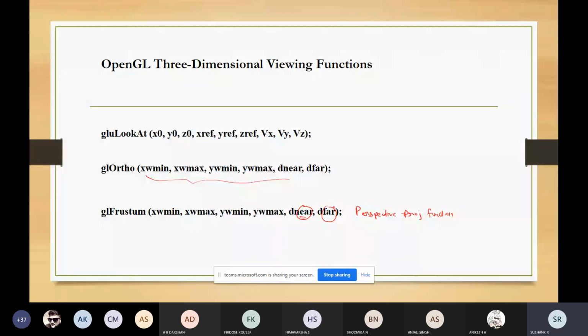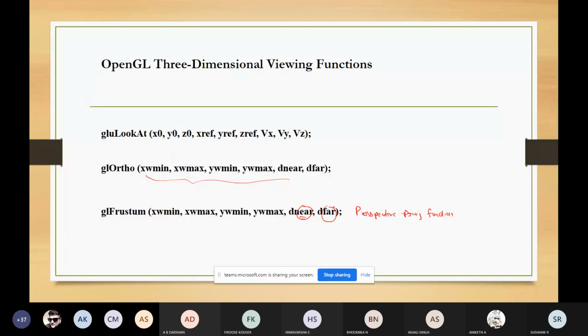And the last two parameters, d near and d far, are giving you the distance from the origin to the near plane and from the origin to the far clipping plane. So one change is that the near and far clipping plane distances must be positive. That is the one thing you should remember in this function.